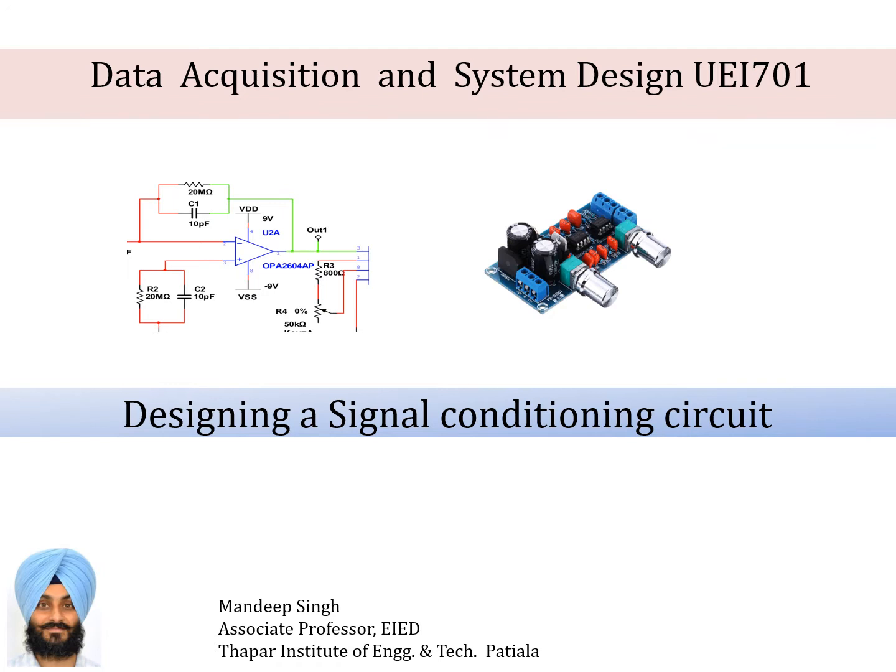You must have seen a few circuits like the one shown here. It's a circuit which has been designed to amplify a sound signal. So we will not only amplify, we will filter it, we will manipulate it, we will increase its amplitude. It means we perform many tasks before it is fed to the speaker side. So from microphone to speaker side, there is a process known as a signal conditioning circuit. Let's discuss some basic techniques of signal conditioning and its related circuits.